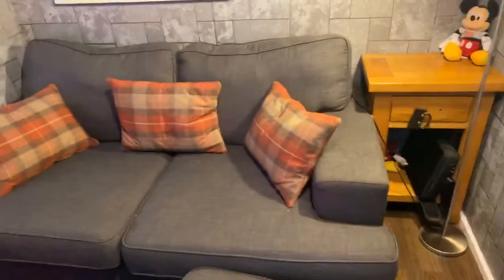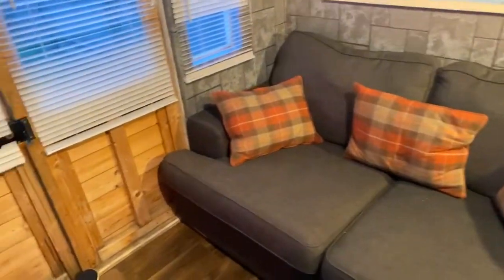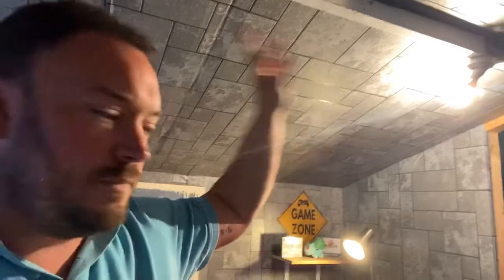I can do live streams in here. There were a few issues that I had with doing videos out here. One was the lighting was terrible, so I've gone and got some extra lights, and I've actually got a new light to put up here, like a long one. So hopefully that's going to make the videos a bit brighter. It used to be really dark. I used to have to borrow my wife's